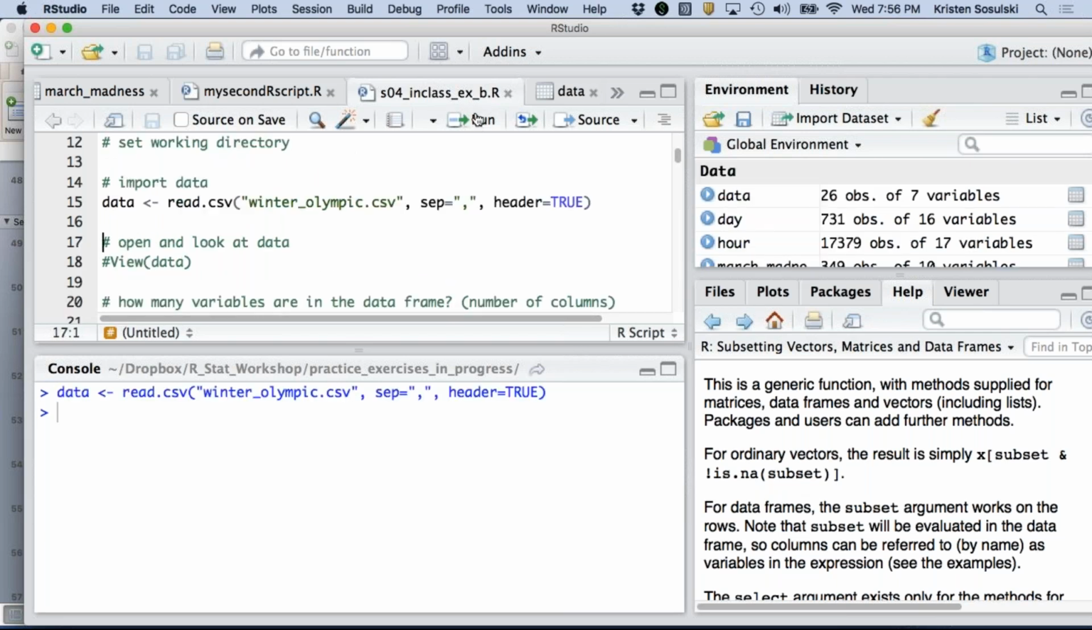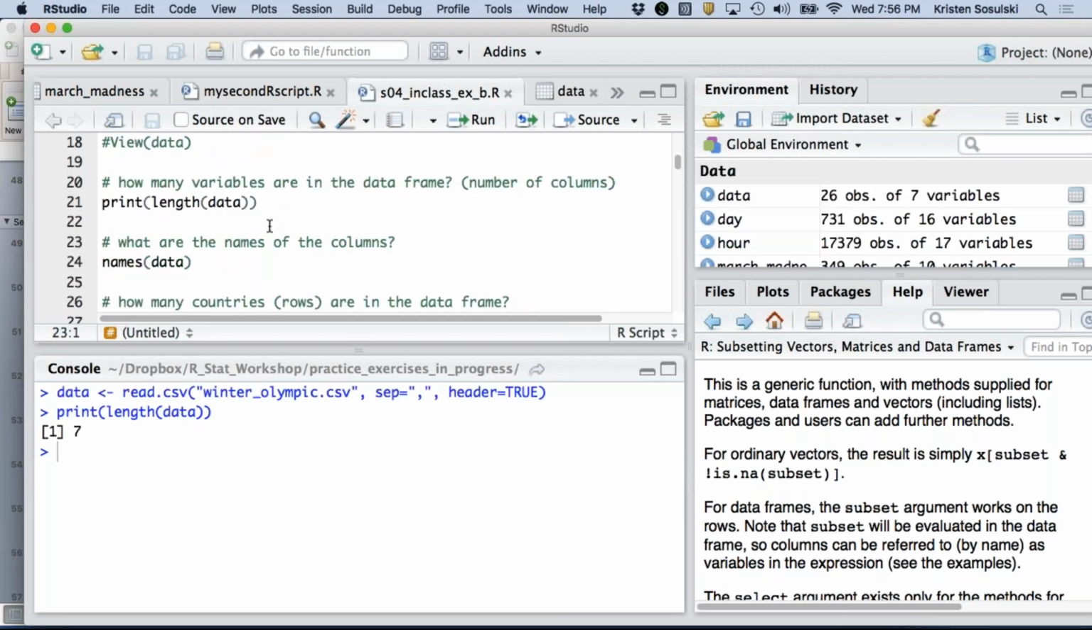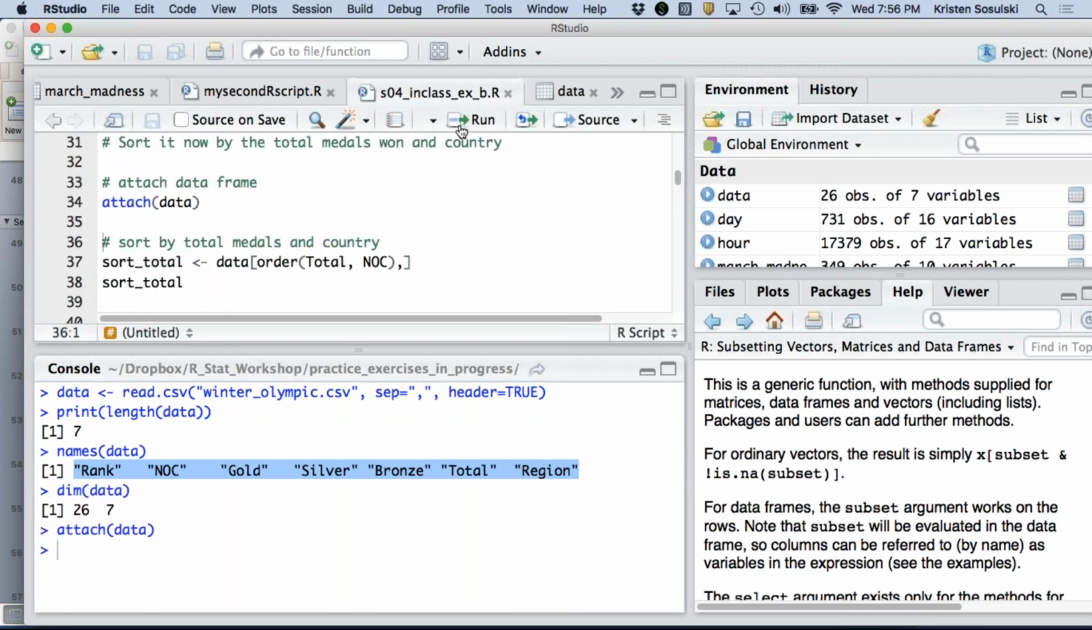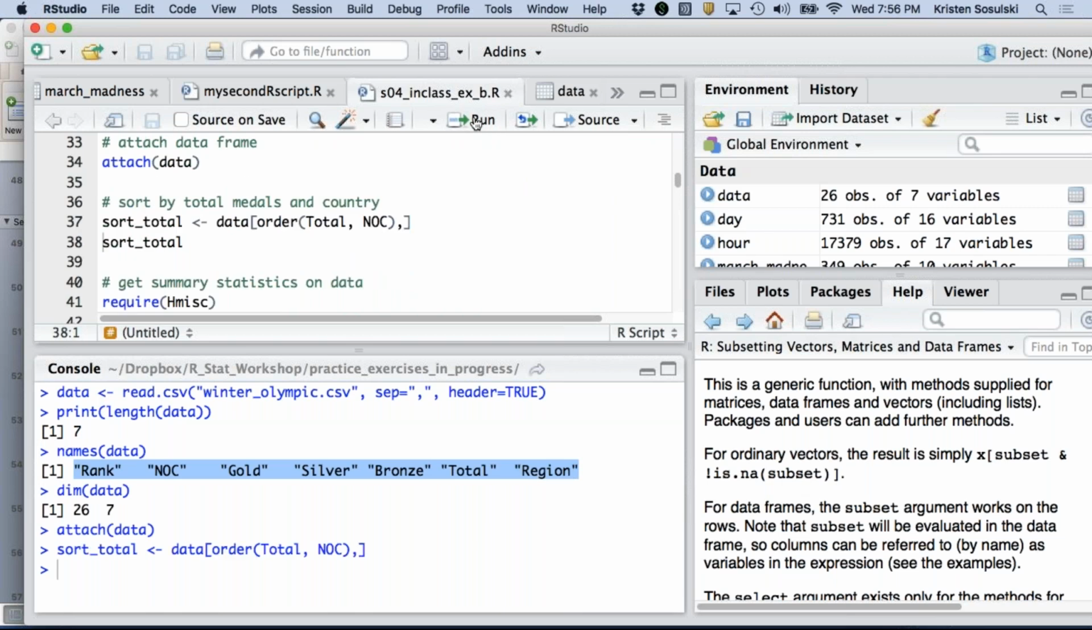So we're going to read our data. Again, I am going to look at some simple things there. You can go ahead and now you know how to change the names of your data frames, or of your columns, if you want. We talked a little bit about attaching data. So now sort total medals by